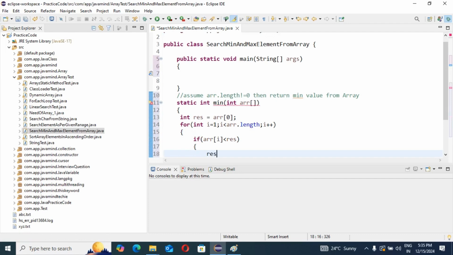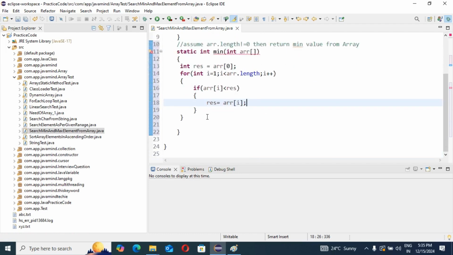So result equal to array of i. Otherwise, return result.